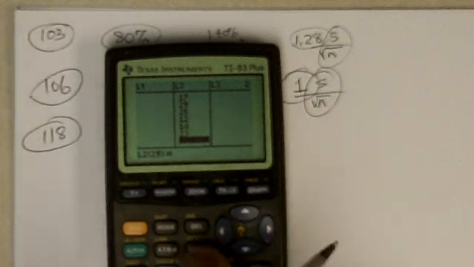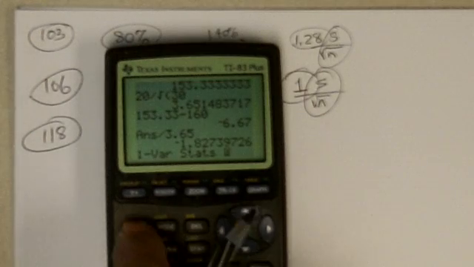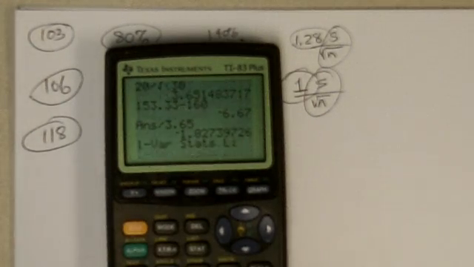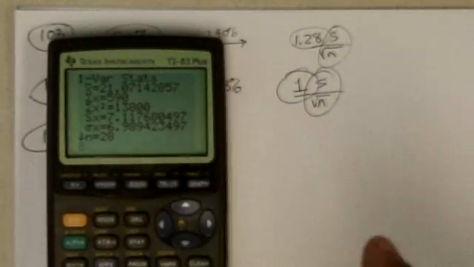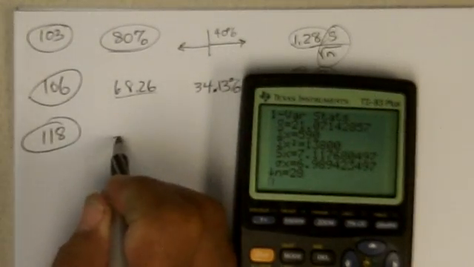Now if I've typed them in right, I should be able to do stat, calculate the one variable statistics on list 2, and it tells me that the sample mean was